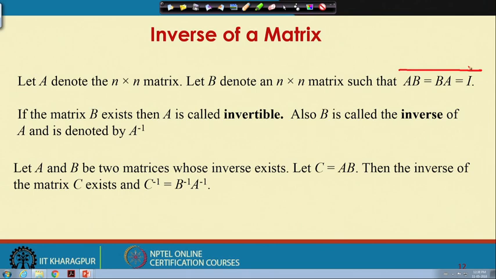Let us consider another matrix B with the same dimension n by n, and if AB equal to BA equal to identity matrix I,